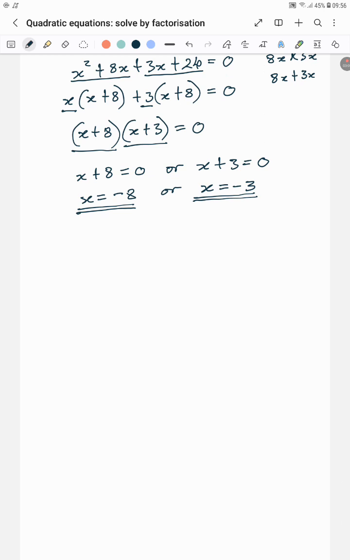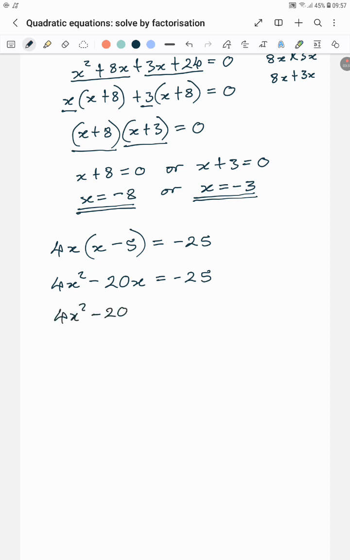We can look at another question that says 4x times x minus 5 is equal to minus 25. So here what you need to do, you need to remove the bracket first. You get 4x squared minus 20x is equal to minus 25. You take the term on the right hand side, and here it becomes positive,